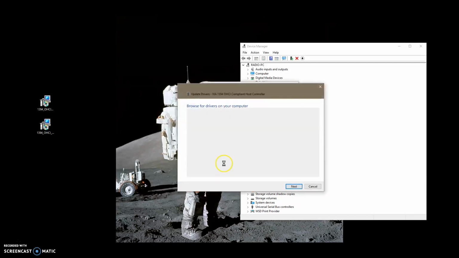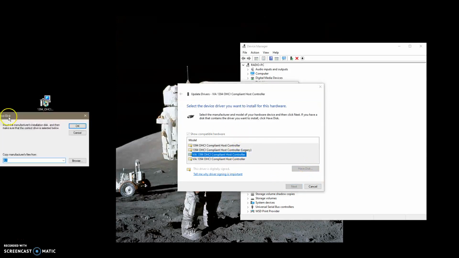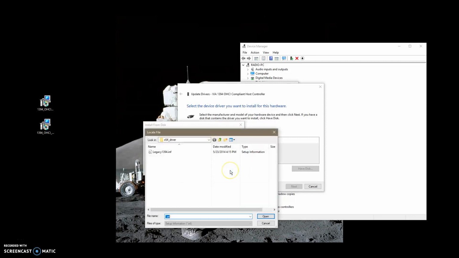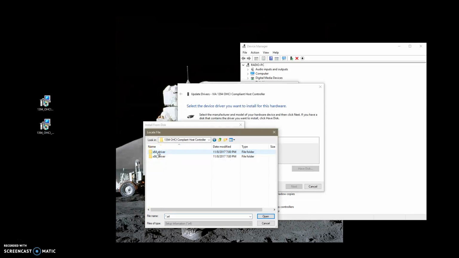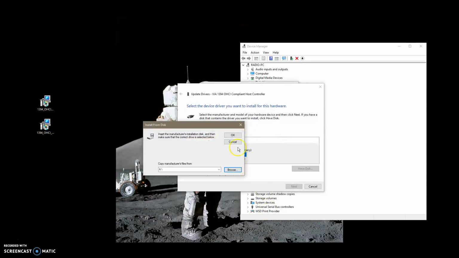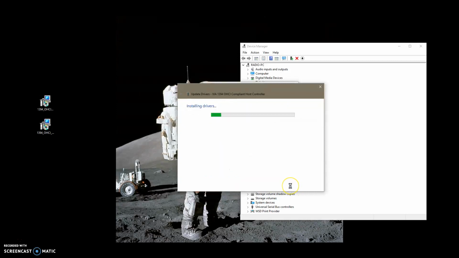I do Browse my computer, let me pick, and if you don't see it in the list, do Have Disk. So then that opens this up. Now you browse for that folder. I literally browsed for that folder, went to the x86, picked the 1394 OHCI compliant folder. I'm 64 bits, so I picked that driver, hit open, so that it installs that driver in the list. And then you can choose legacy, next,